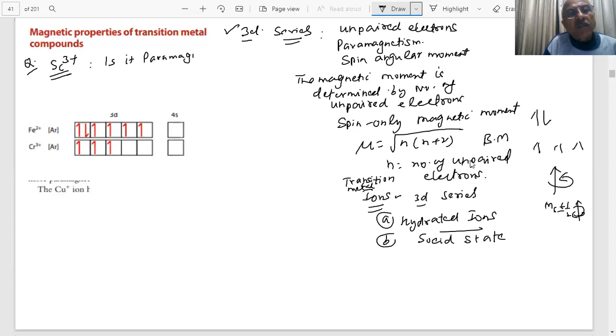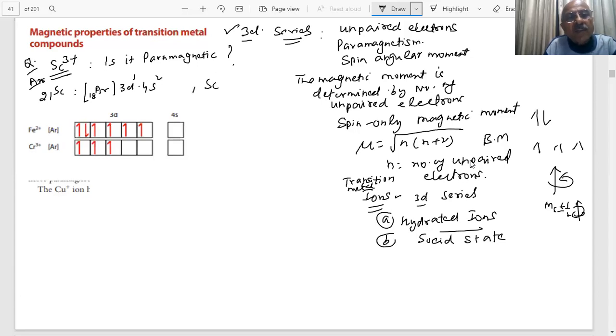Question is given to you. What is your answer? You have 1 minute to answer the question, student. You have to first see, I told you we must learn the configuration of these transition elements. It's very important. What is the atomic number of scandium? 21. Right? How do you write it? Argon 18. And what else do you have, student, in the case of this? How do you write the configuration of this? What you are writing? 3d1 4s2.